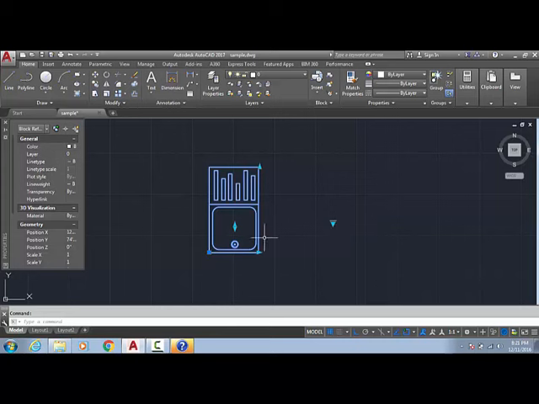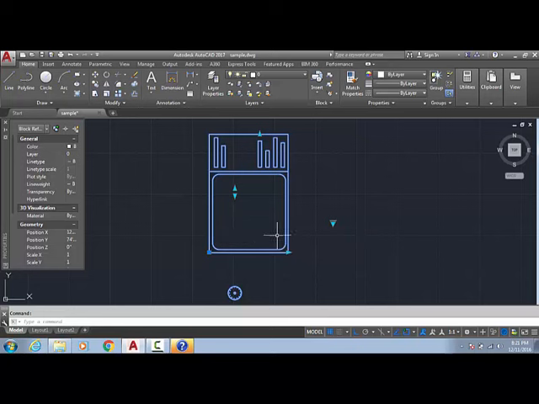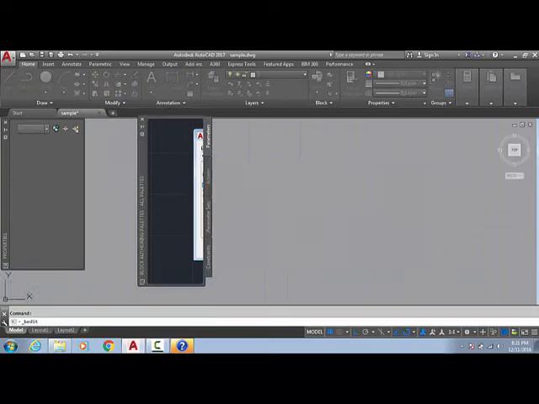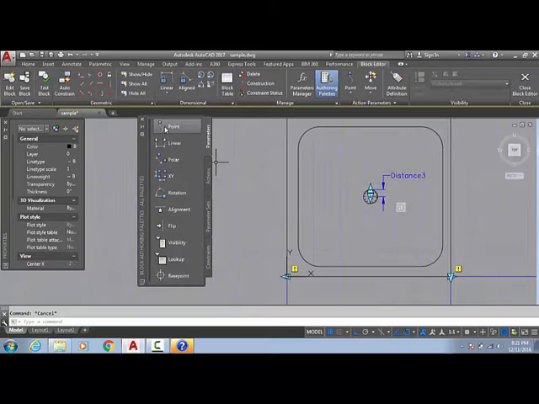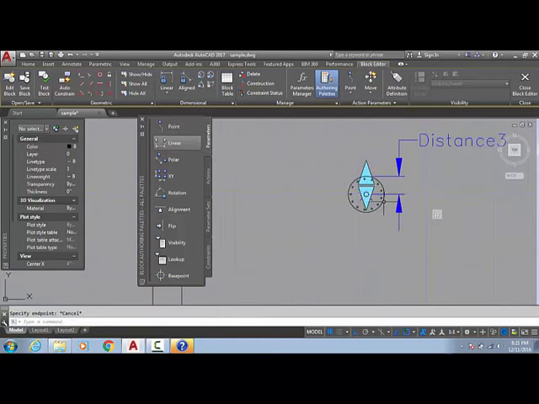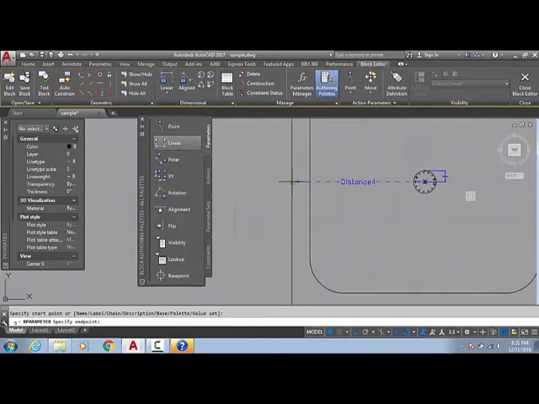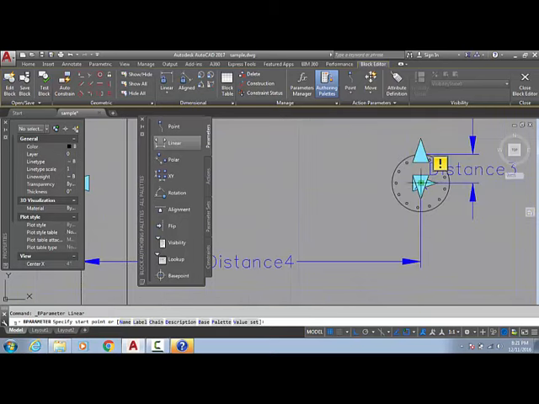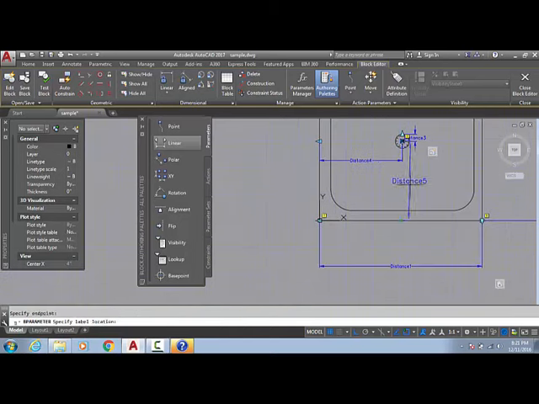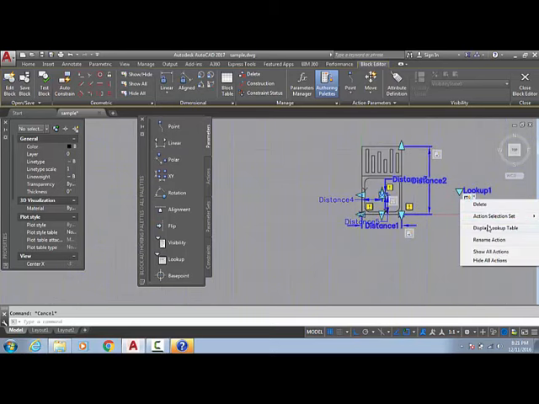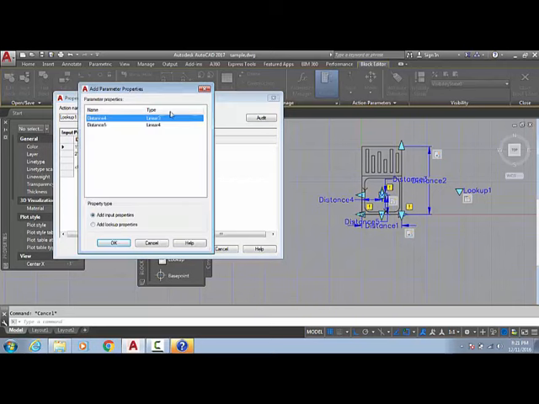Now I told you already, this placement may make problems. This is making problems exactly because we didn't select its distance from the center. So in this case we need to provide two more parameters like this linear. If you remember, in the starting I already told you this will happen. Select one distance, select two distance, and again go to the parameter, right click, display lookup table. Now here you can add the properties, linear distance 3, linear distance 4.